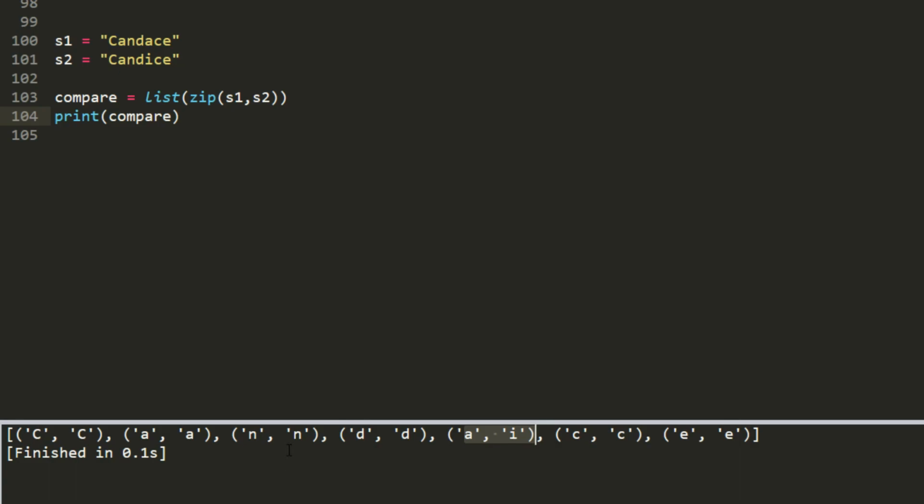So I figured it would be easy if we could create a running count that goes through each one of these, and it will count how many different letters there are. And if there's one different letter overall in the entire name, we can determine that that is a duplicate, and we can store it in a different list altogether. So